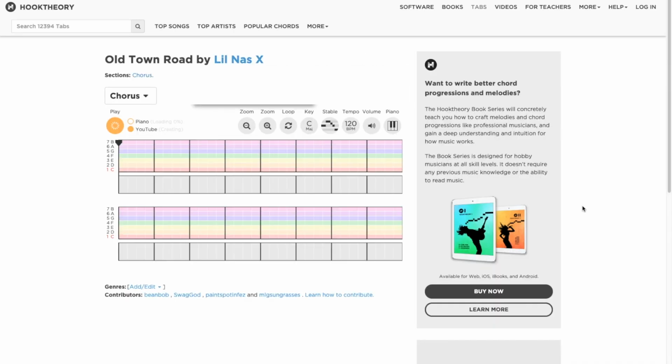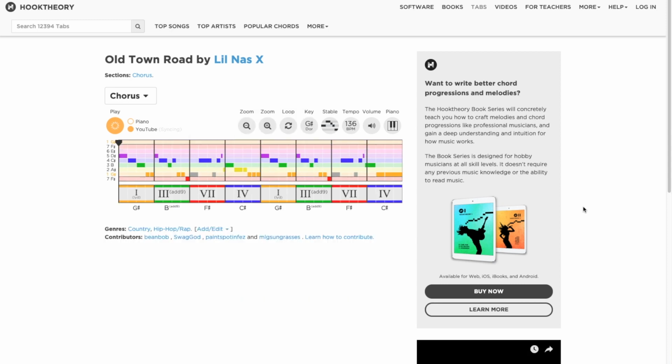And what you'll get now is a chord chart, you'll also get the melody. Now, it's not written as music, but these are the actual notes. You can see D sharp, C sharp, B, G sharp. And this is the original key. It's actually G sharp Dorian. There you go. Who would have thought? And if I press play,